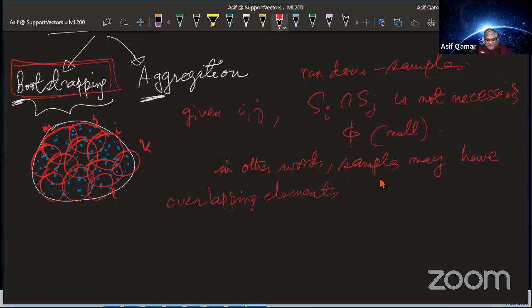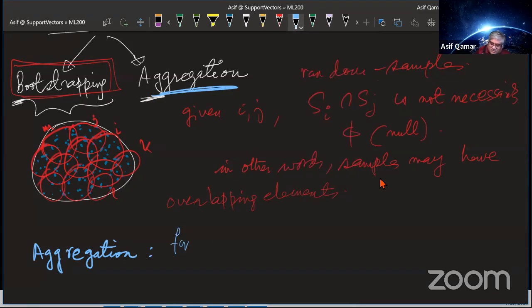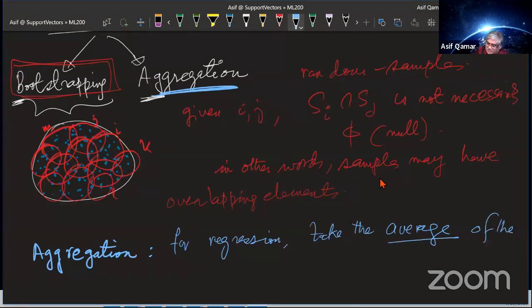Then there is aggregation. Aggregation is much simpler to understand. Aggregation is, simply put, just for regression, take the average prediction from each learner, and for classification,